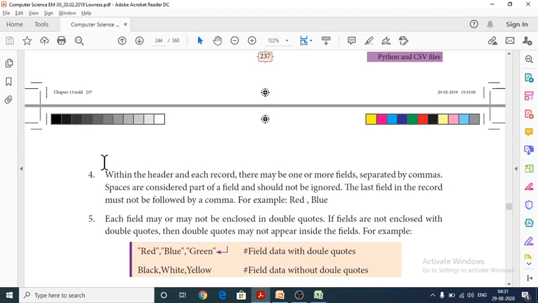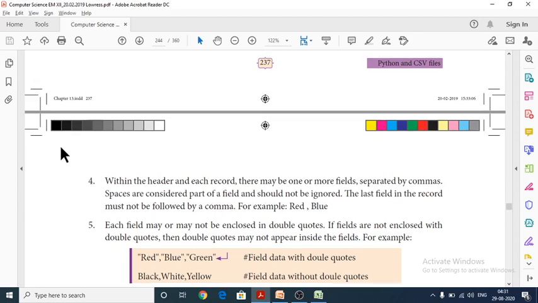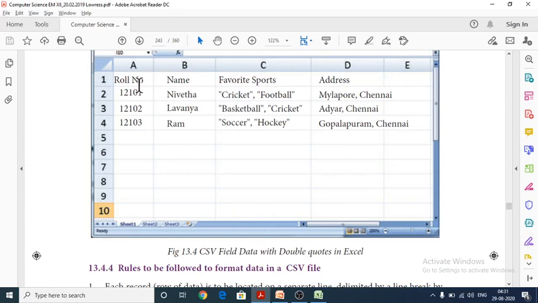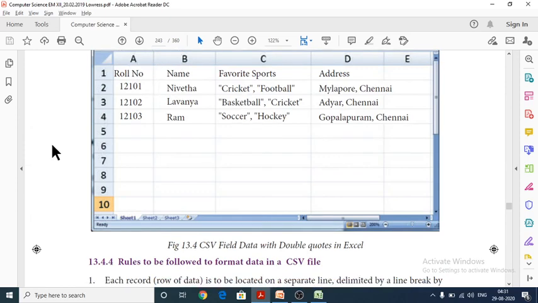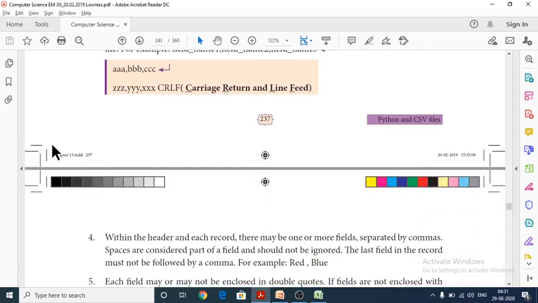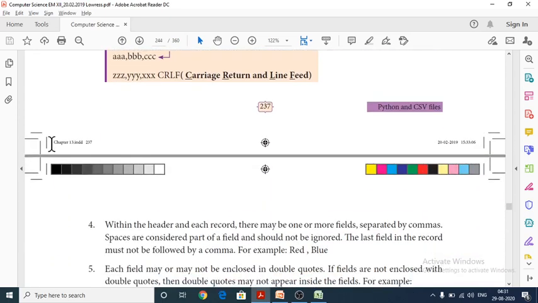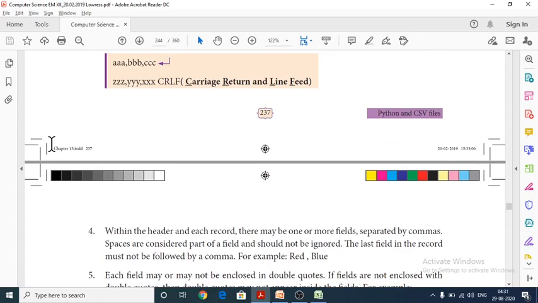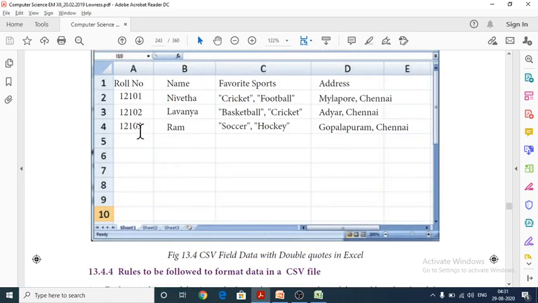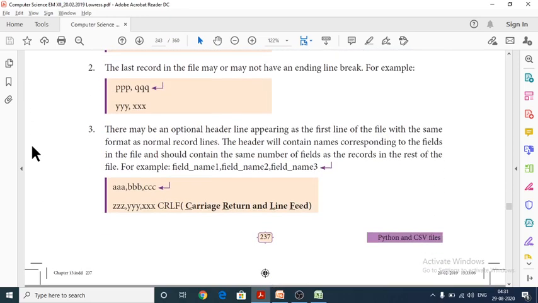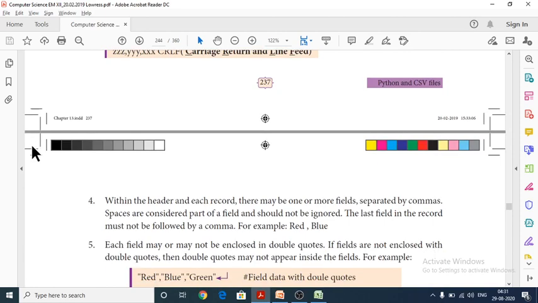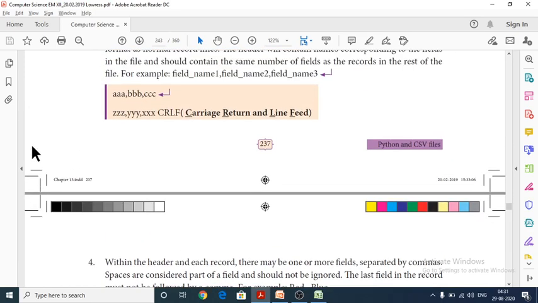Within the header and each record, there may be one or more fields separated by commas. What they are trying to convey is that spaces are also considered part of your data. That should not be ignored.